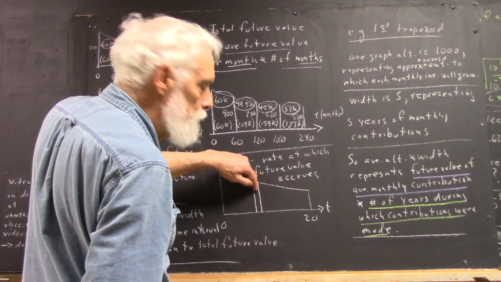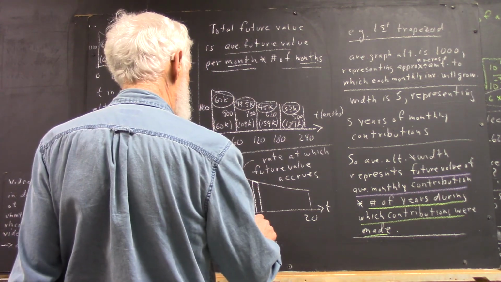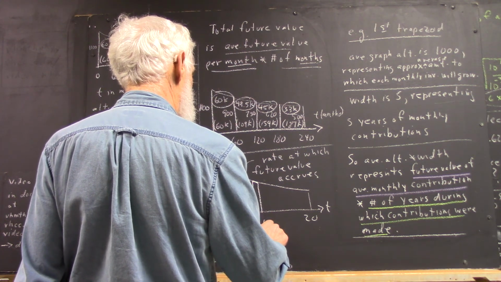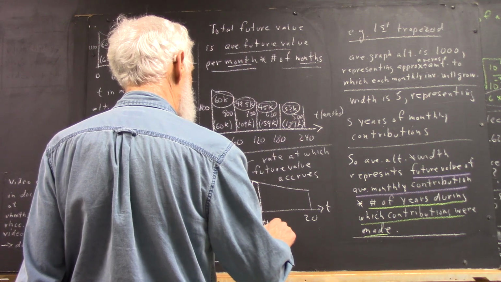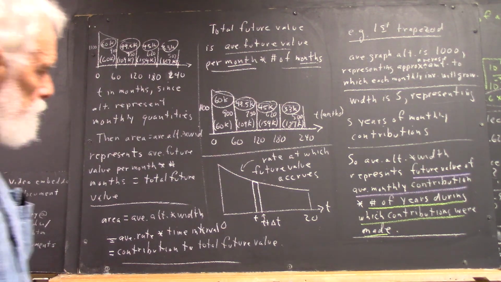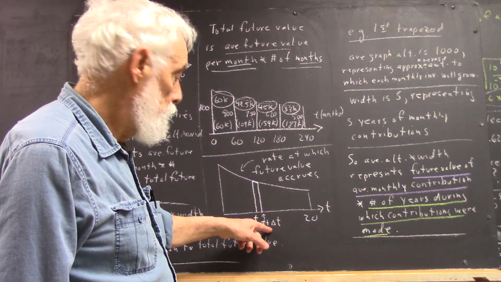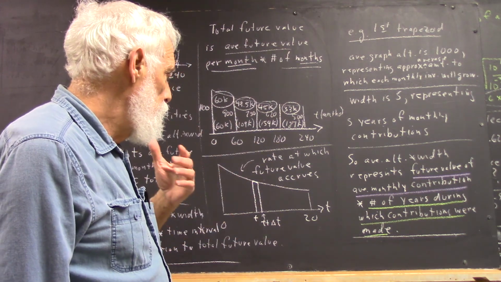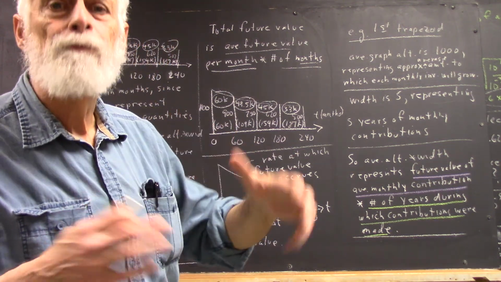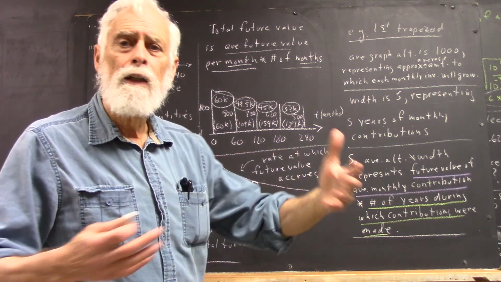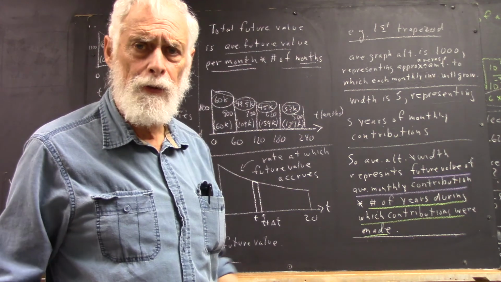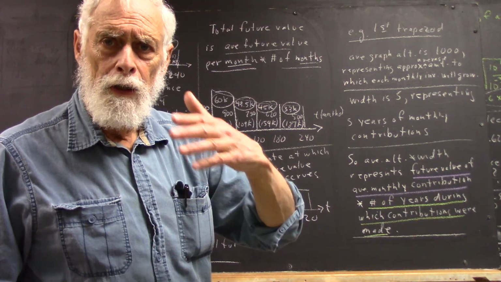So let's just take the area of a typical trapezoid between time t and time t plus delta t. Okay. There's time t plus delta t. We're going to assume that instead of flowing into the account in discrete amounts of $500 every month, let's assume that we have a $6,000 a year